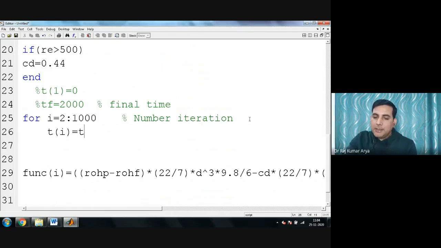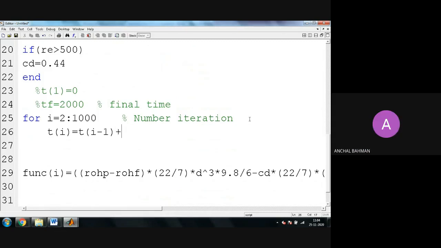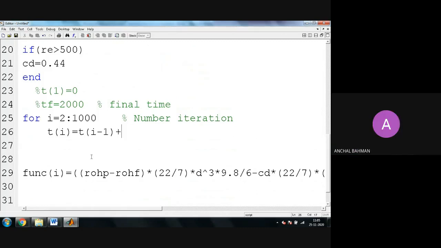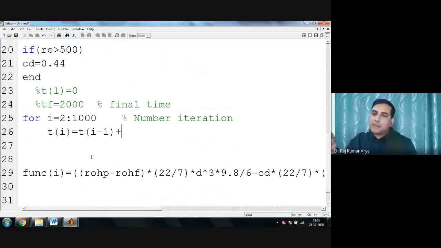My old ti minus 1, and I am adding how much each time? The step size. So I have to define the step size. How much is the step size for each iteration?